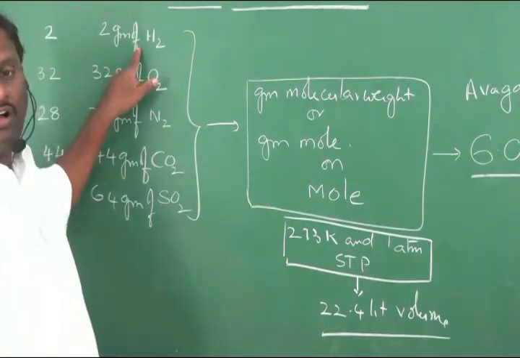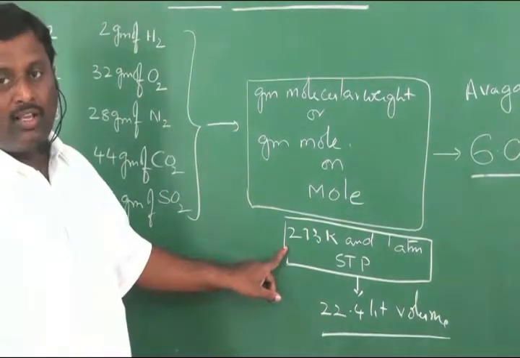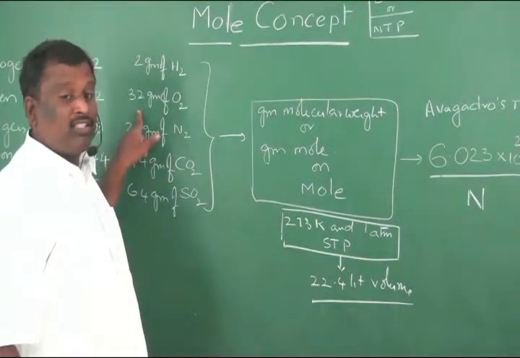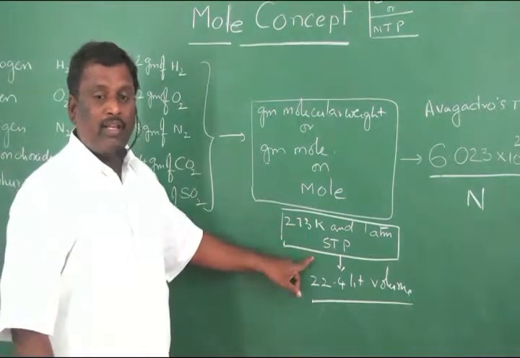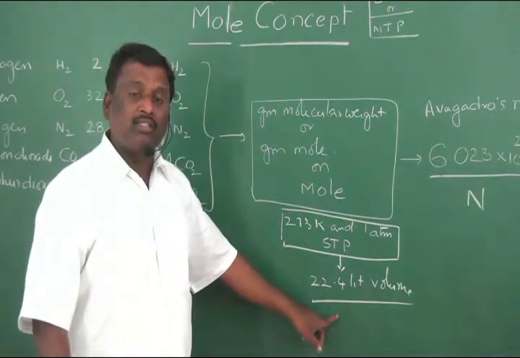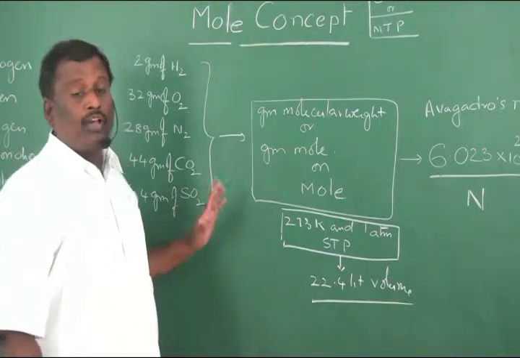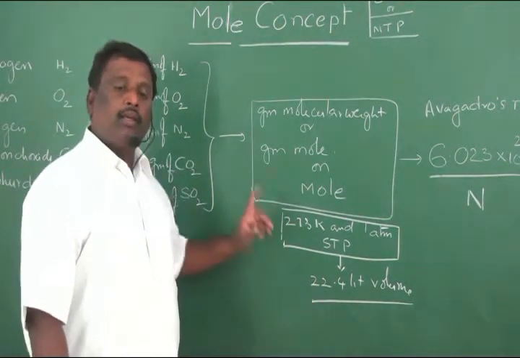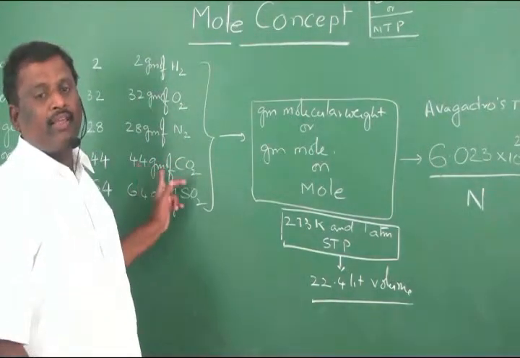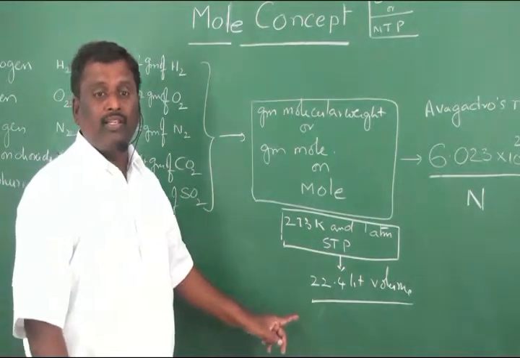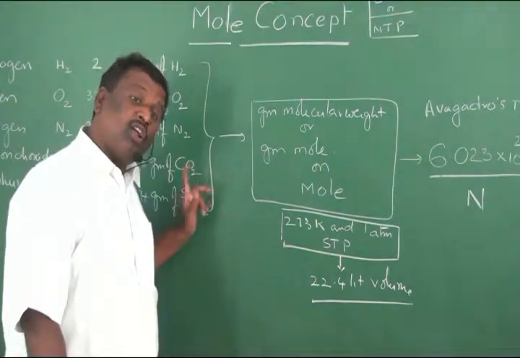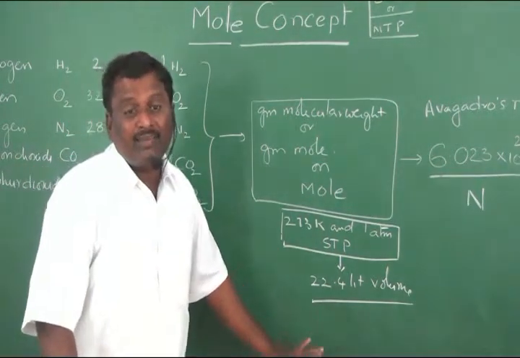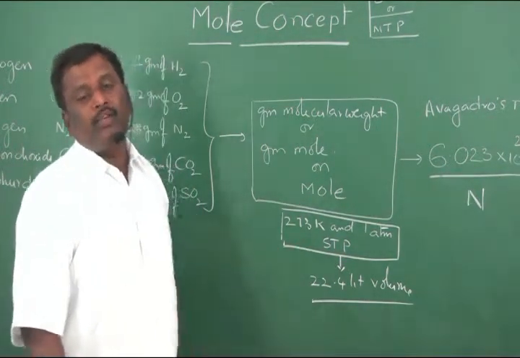That means 2 grams of hydrogen at STP conditions occupies 22.4 liters. 32 grams of oxygen will occupy at STP conditions 22.4 liters. 28 grams of nitrogen will occupy 22.4 liters at STP. 44 grams of carbon dioxide will occupy 22.4 liters at STP. 64 grams of SO2 will occupy 22.4 liters at STP. That volume is said to be